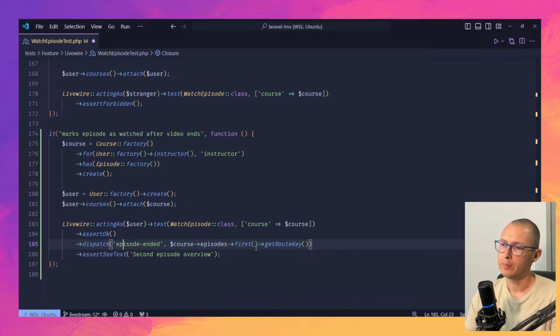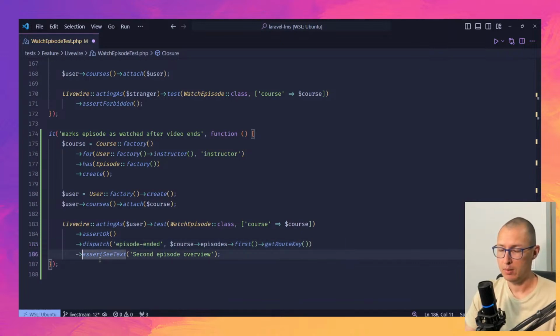Then I dispatch the episode ended with get route key. Yeah, that's fine. It's going to stay in the same episode. So what I want to assert is that